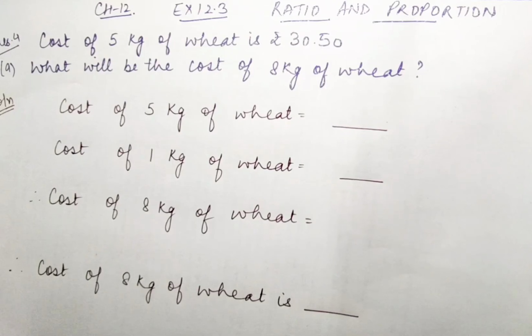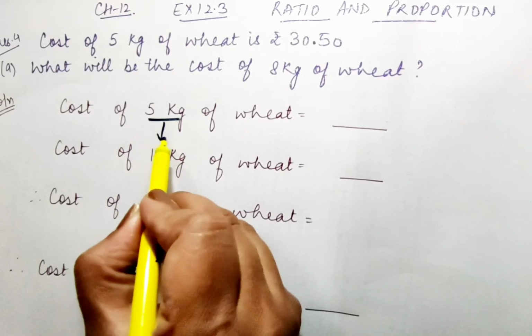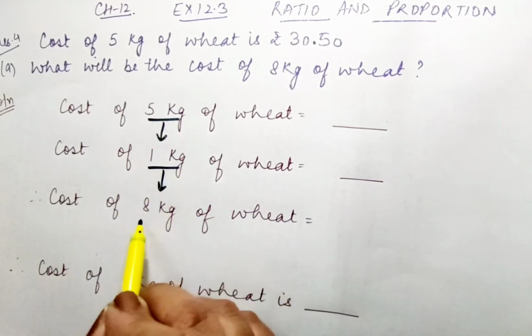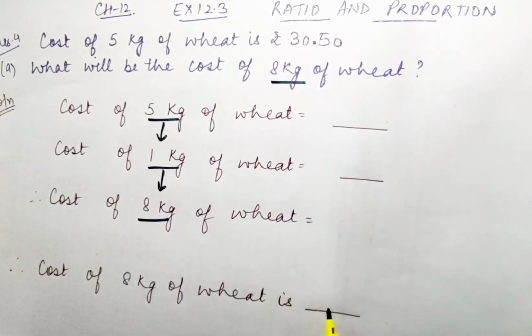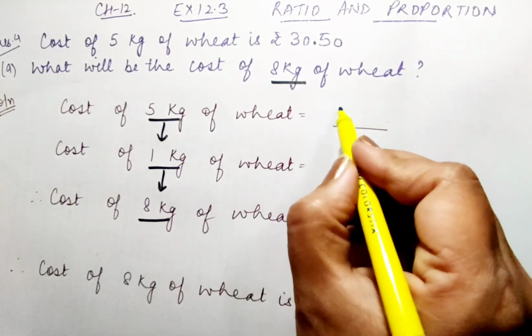Now let's check question number 4. Cost of 5 kg of wheat is given to be rupees 30.50. What will be the cost of 8 kg of the wheat? Right. Again from 5 to 1, then from 1 to many, which is required in the question. Okay. So cost of 5 kg of wheat is rupees